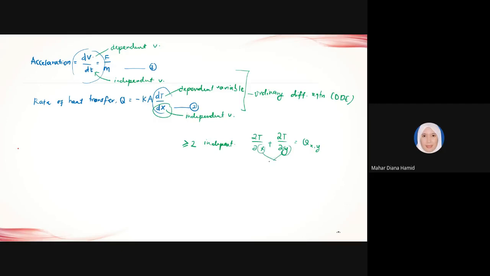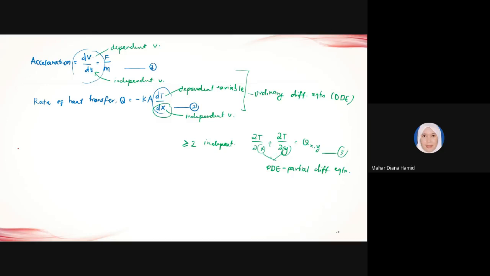So since we have two independent variables, this is a PDE, or partial differential equation. We denote this as equation 3. If you try to compare equations 1, 2, and 3, you will see that